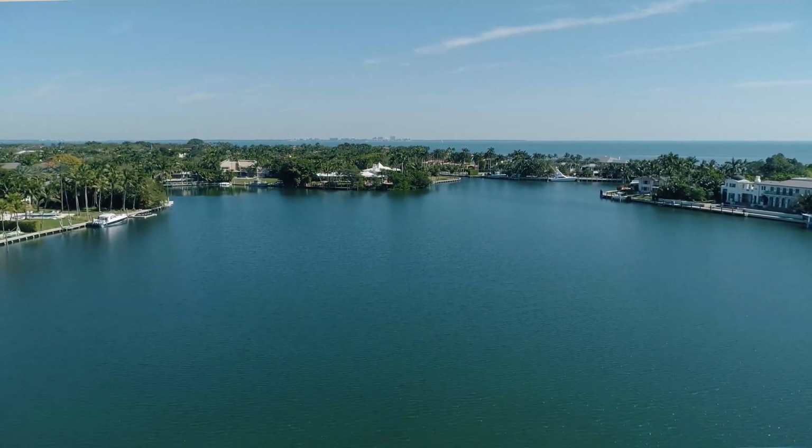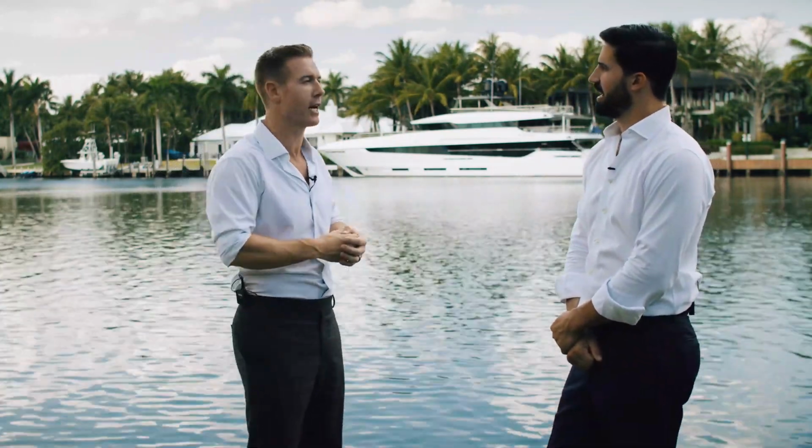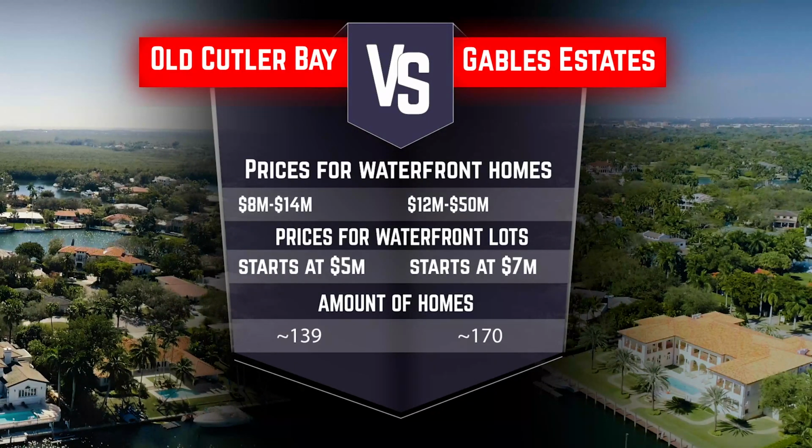So George, everybody wants to know, we built this community up. Let's talk about the numbers so people can know exactly what it's going to cost to move in here. Well, if you're in a $15 million range or north of that, you can get into a really nice